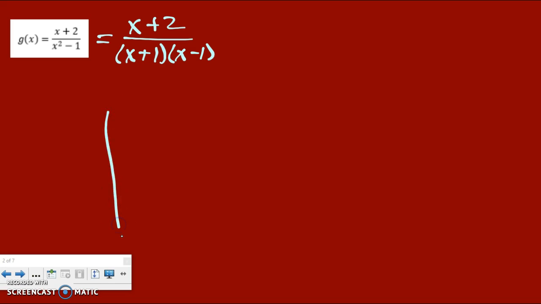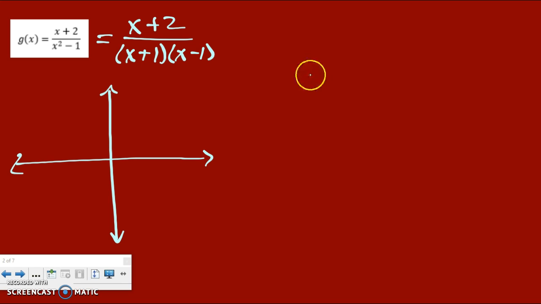I'm going to go ahead and sketch a graph. Sorry, not a very straight line. Let's fix that. A little bit better. So I've got my axes. We're going to use this here in a minute. But before we can do that, I'm going to show you how I organize my work. We're always going to have to find those x-intercepts. We're always going to have to find the y-intercepts, the vertical asymptotes,